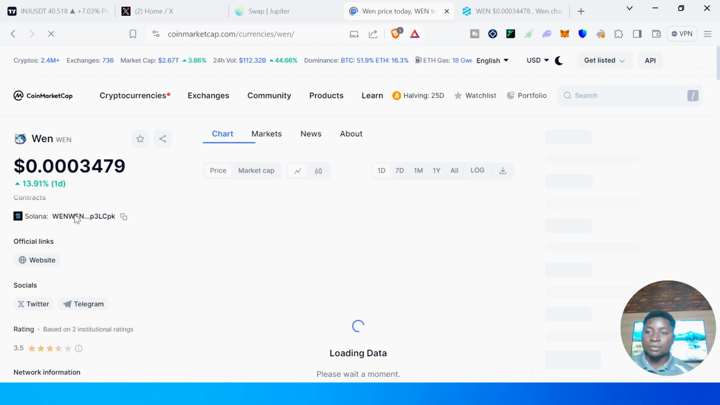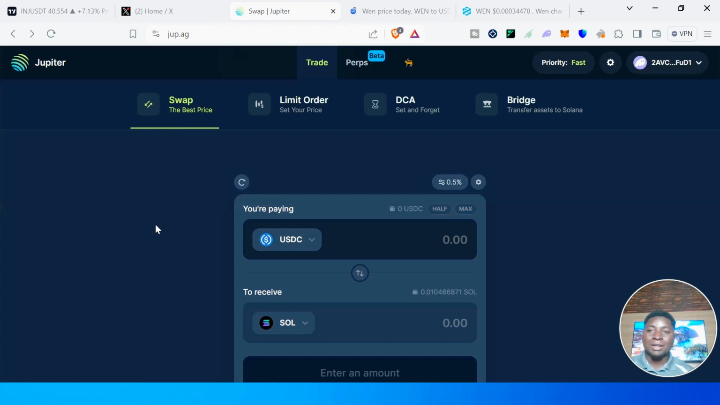Once that is done, the next step is to go to Jupiter Exchange, and the URL is jup.ag. Ensure you don't use a fake link. Ensure you use the correct link, which is jup.ag. So now that we have copied the contract address from either DexTools or CoinMarketCap or CoinGecko, we'll go to